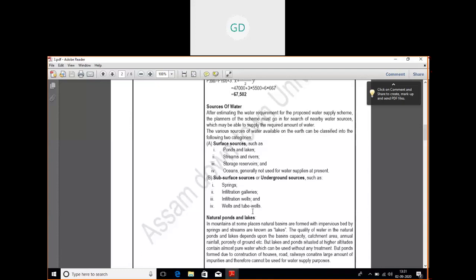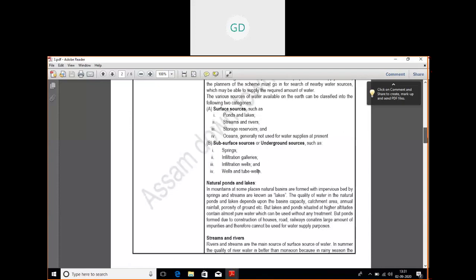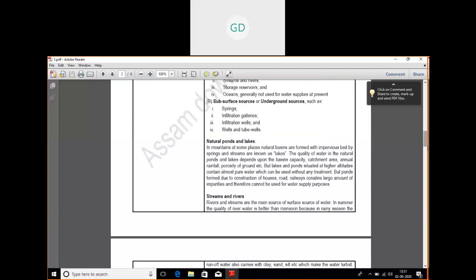In brief or in detail, I guess you will be learning in your hydrology, or if not in hydrology, then when you are in seventh semester there might be some elective subjects and you can choose, if you choose environmental, then I think you will study about these things in detail. For the time being, you just remember the names. Okay, so next,